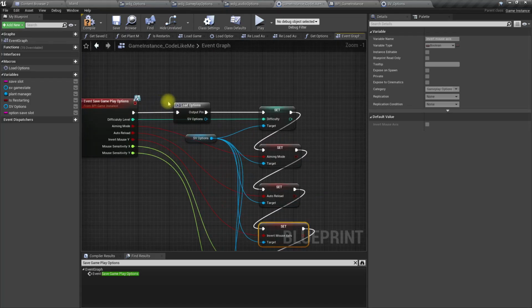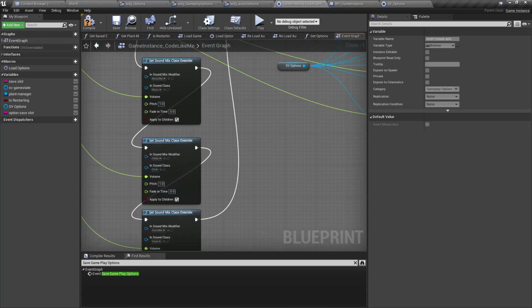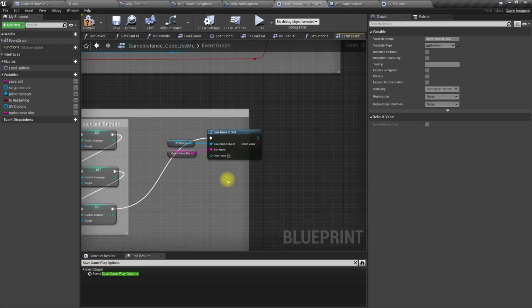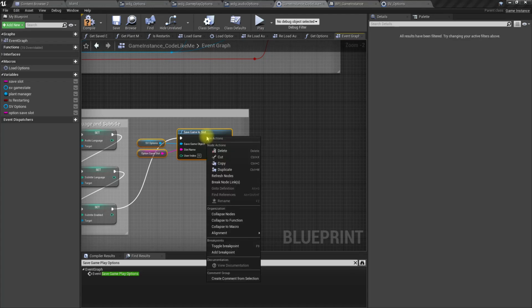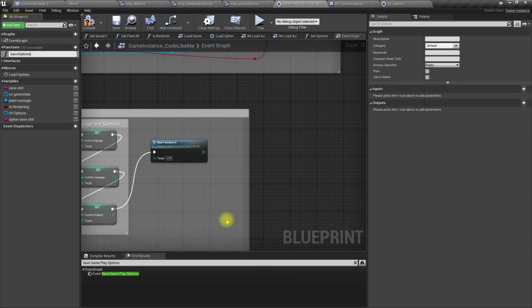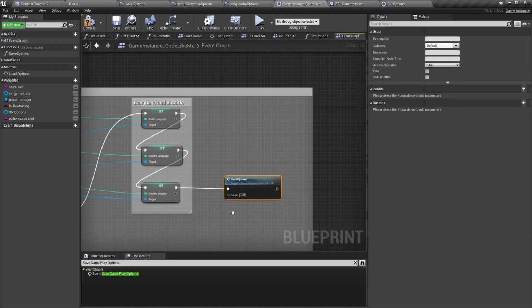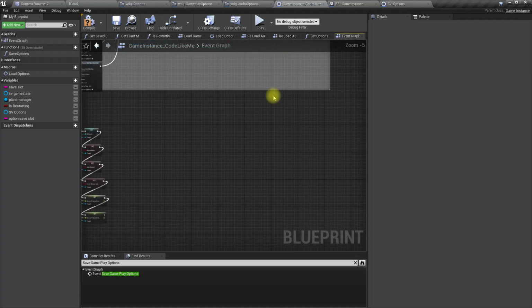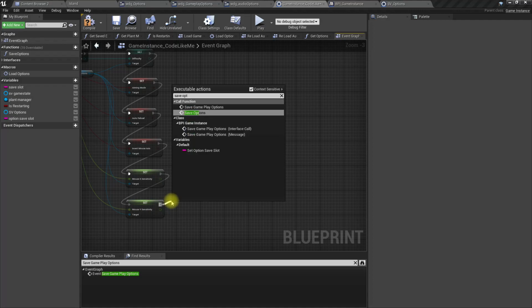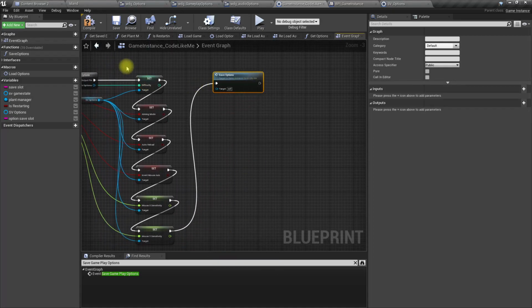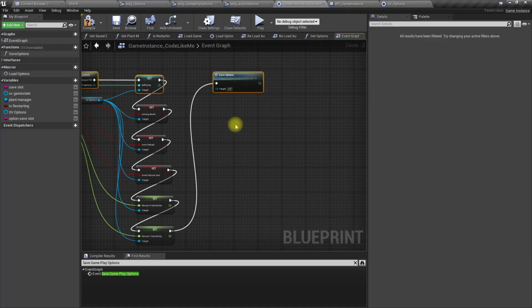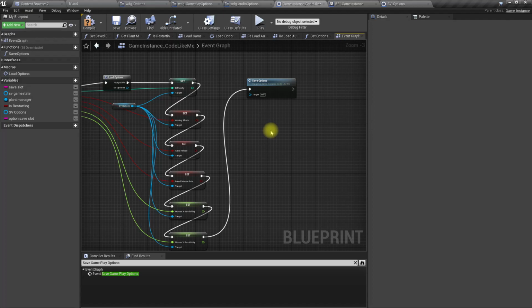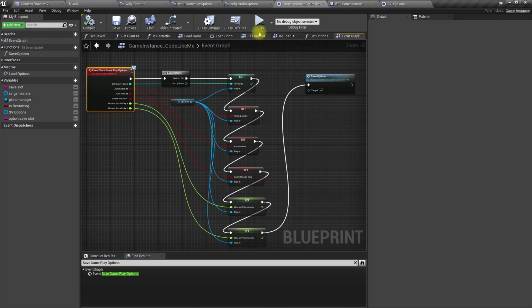Okay, so saving done here. No, not yet. Where do we call the save setting? Right. Let's promote this to a function. Let's just call it save options. Similarly here, save options. I prefer if it is in the same level. Okay. Right, now similarly we can load the options as well